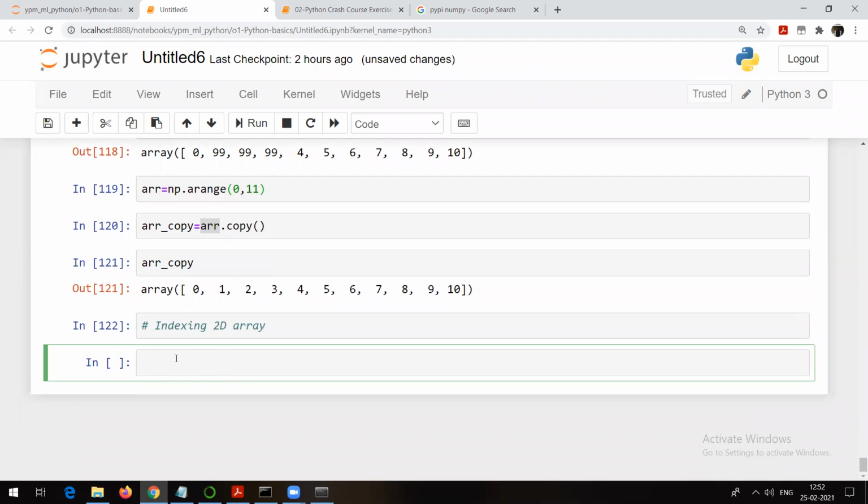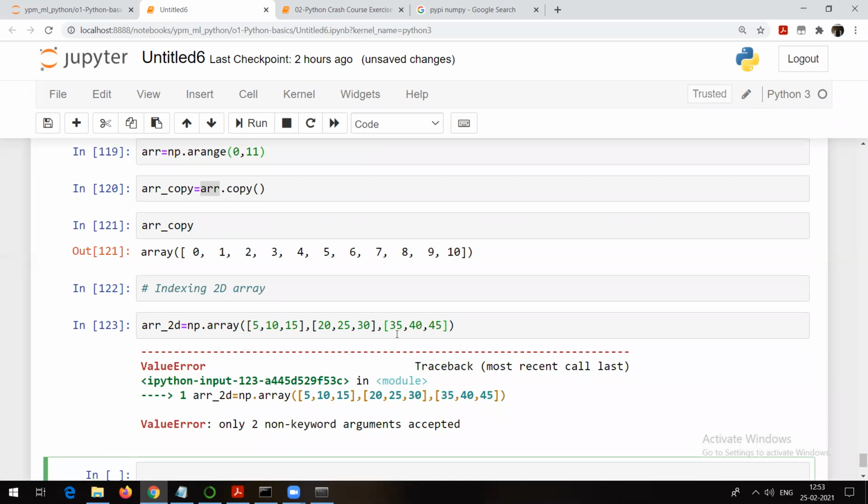For that, I will create a 2D array. This is the last example. After this, I am going to stop. Suppose ARR underscore 2D is the name of my two-dimensional array. I will use np dot array and create my own data. As I want two-dimensional data, the first row is 5, 10, 15, then 20, 25, 30, and one more row, 35, 40, 45.